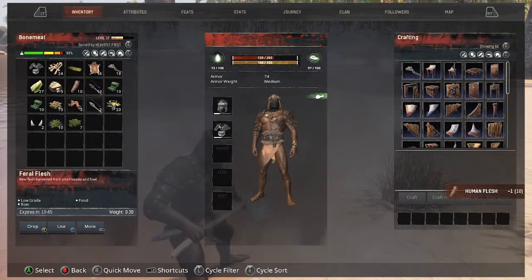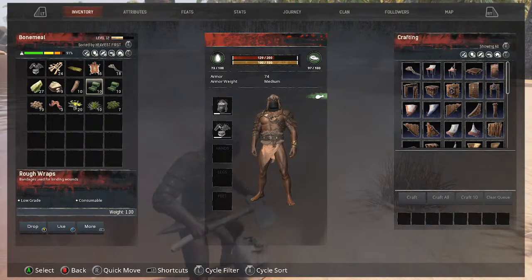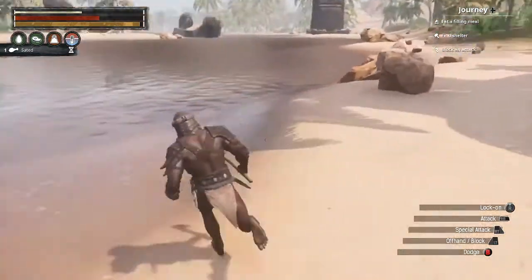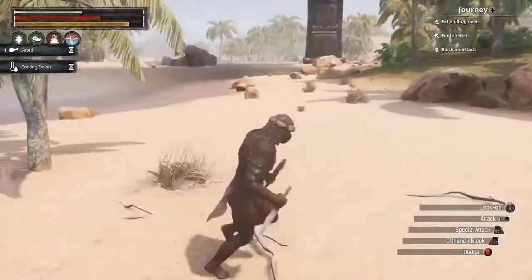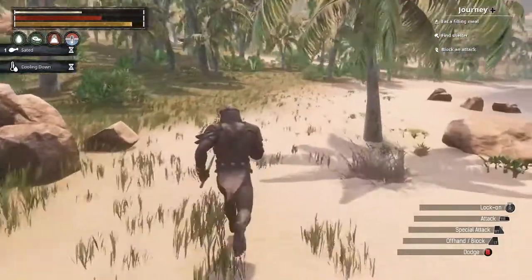Can eat some human flesh here. Drop these fangs. I'll need the arrows at some point, so I'll go ahead and pick those up. Okay, so not a bad start. I mean, we're doing okay. We just need to get the severed arm and leg, which is going to really help us